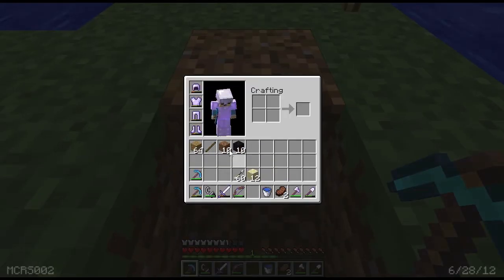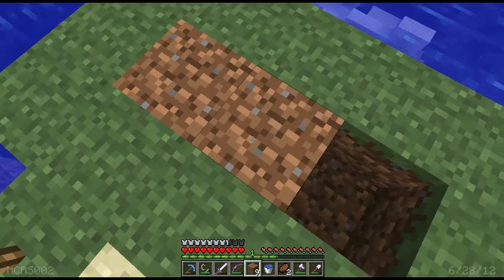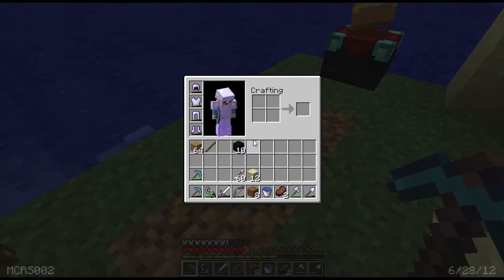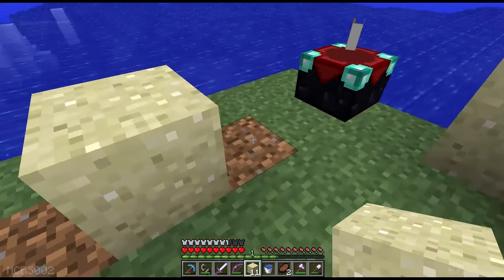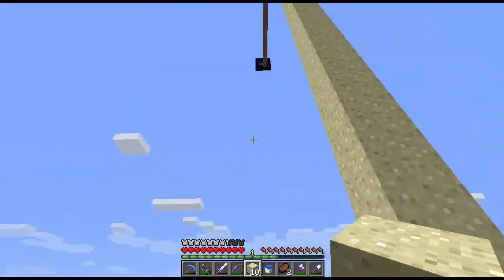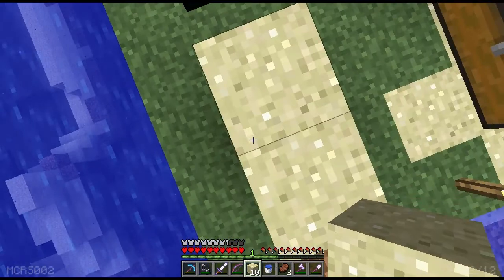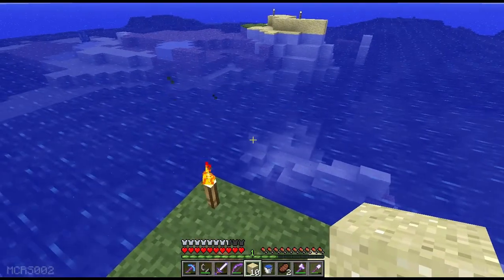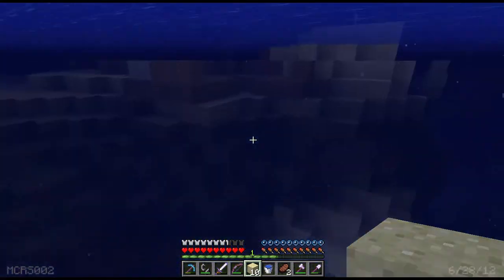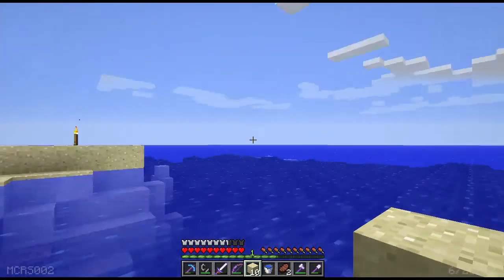Alright, that portal is gone. Let's go ahead and fill up this little hole there. Actually, we'll put some sand here just to signify that this is where the portal was. Alright, so that is about 20 blocks away from this point. So I think I'm going to go ahead and make my portal in the water